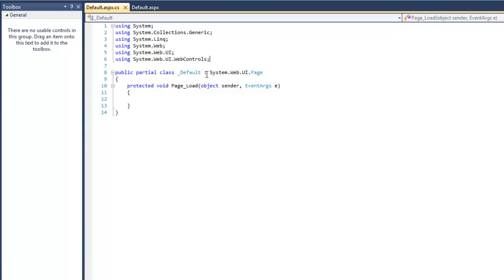So what you have here in your C# file, which is basically the page, a page class that controls the workings of your default web form on the server. You've got a bunch of namespaces that are added. Now, to be able to access the file contents, we would have to add the